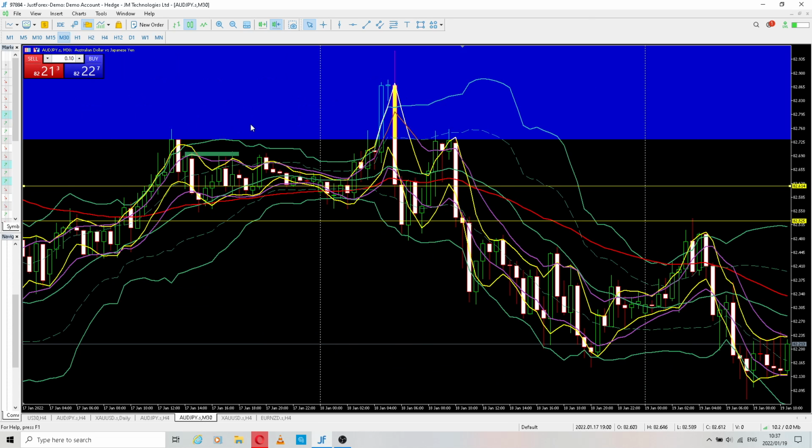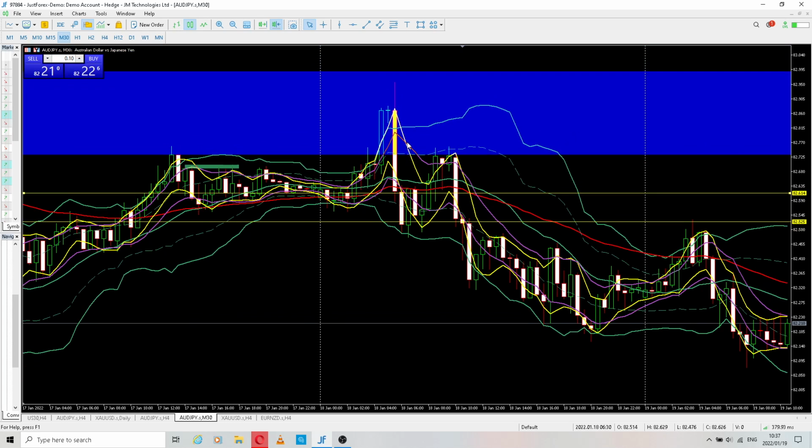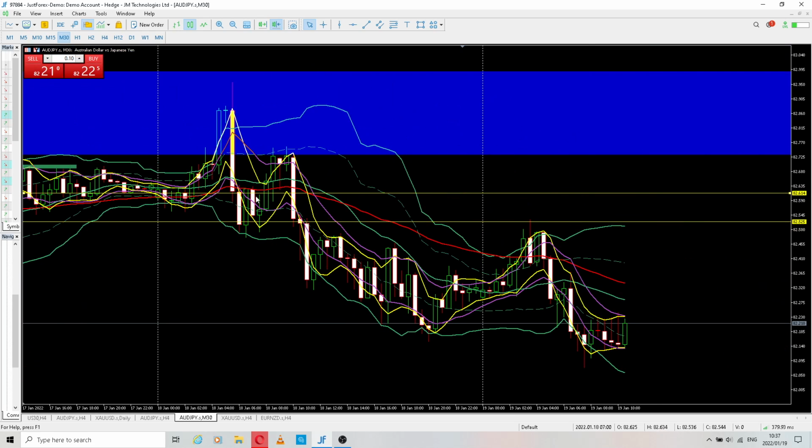When we go to M30, as you can see, we already had a CSD. This was our CSD right there. So when you have a CSD, you already know you have an extreme there at the top. That's how you enter the market. After entering the market, you can have all of those, guys. Then let's just wait and see.